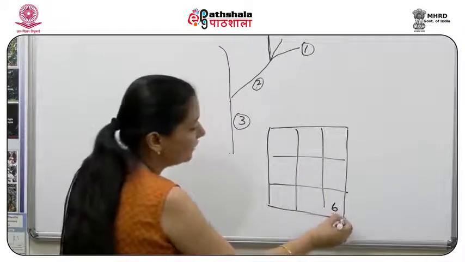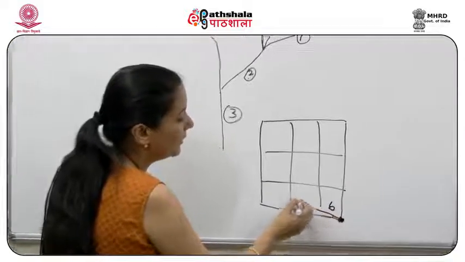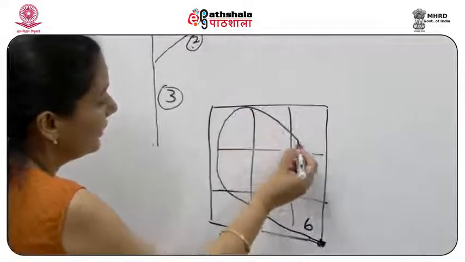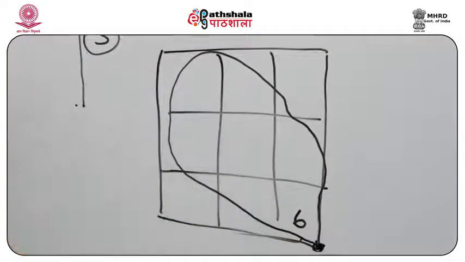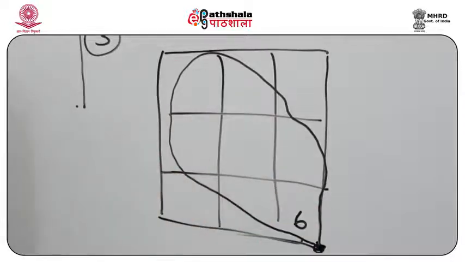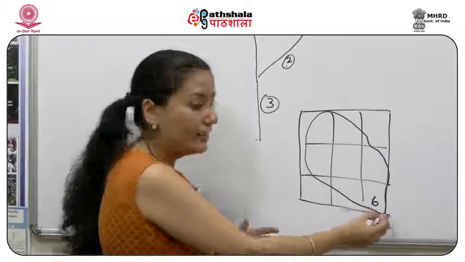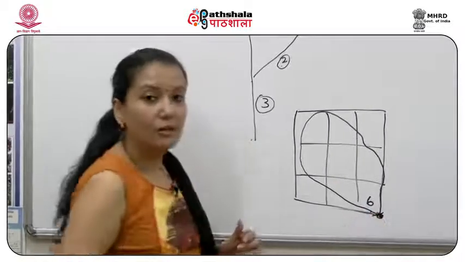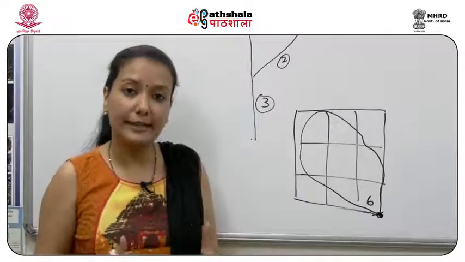Then what would you do? This would be considered your pour point here, and you would have a watershed delineated in a way that the cells from which the water is flowing in this direction are included in that circular manner. So this line or boundary tells you that for this particular watershed, everything from within these cells is ultimately ending here. This pour point can also be a location where in situ discharge measurements are taken.